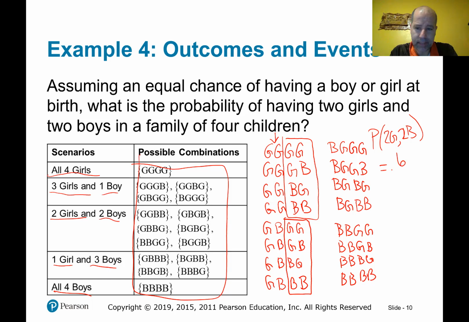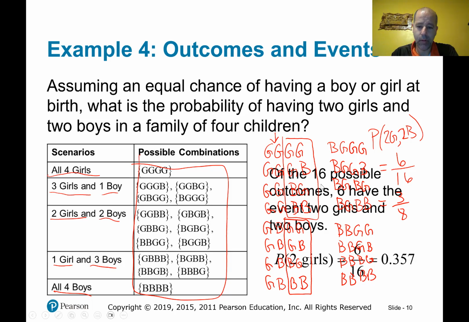So it'd be 6 out of the total 16 possible birth orders. And so we can reduce this to 3/8, okay,